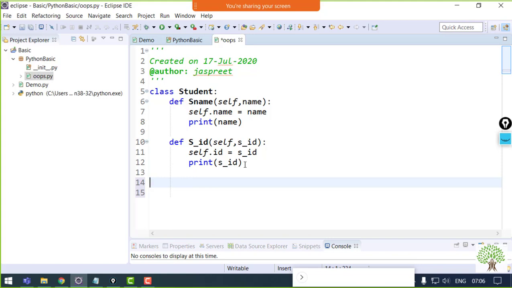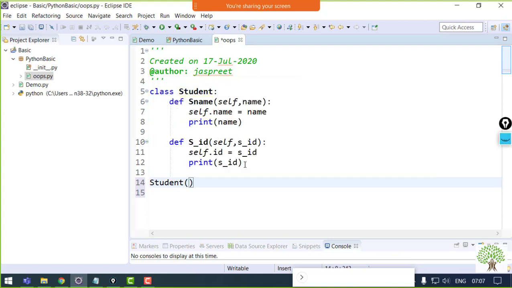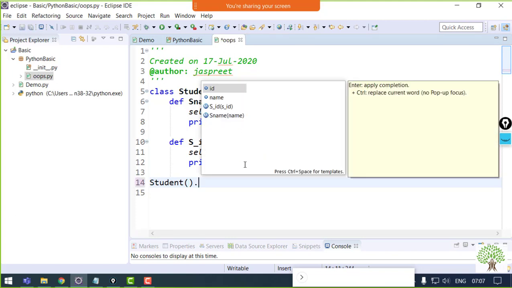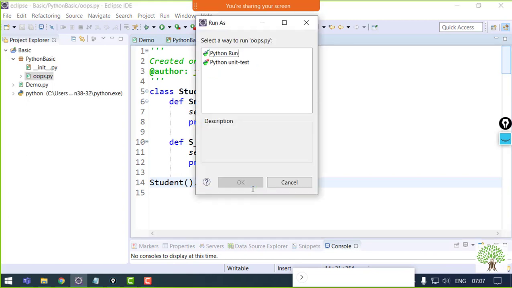Just take the class name followed by a pair of parentheses. That's it. Your new object has been created. If you put a dot, you will get all the attributes and the functions that you have made inside the particular class. Fine. So if I call this s name, I can pass any name, like I'll pass Ron. And if I run it,